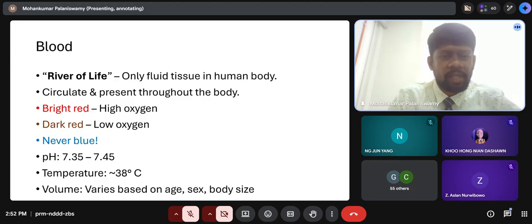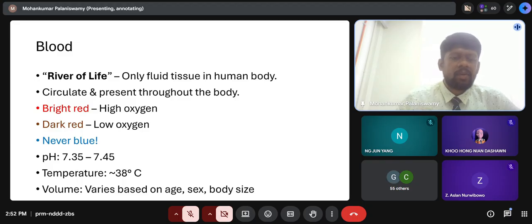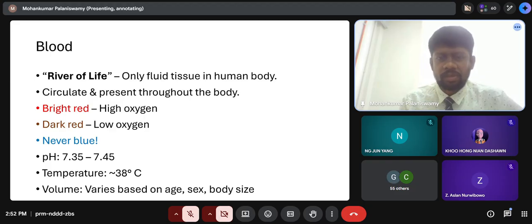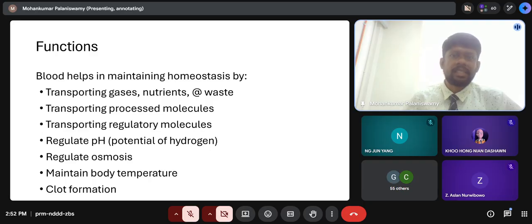Then the volume of blood present in our body can vary based on the age, the sex, and our body size. So depending on these three factors, the volume of blood may vary. But still, there is an average value. We will discuss that in the further slides. Next is